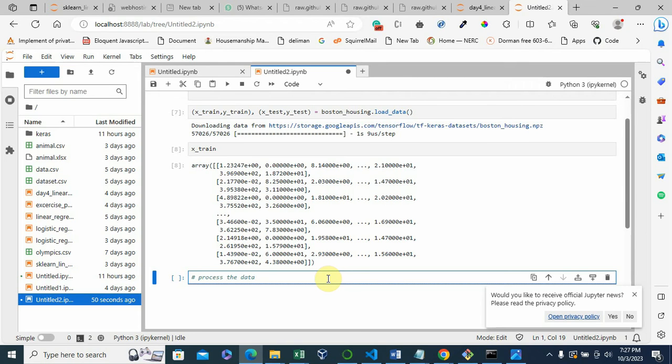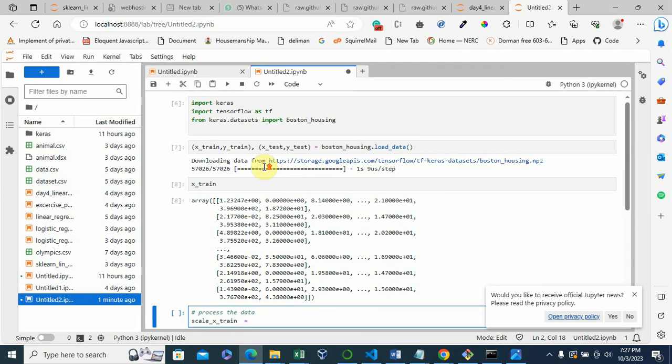So to process the data, the first thing I'm going to do is scale X train. To scale that, we're going to be using the scikit-learn processor. All right.